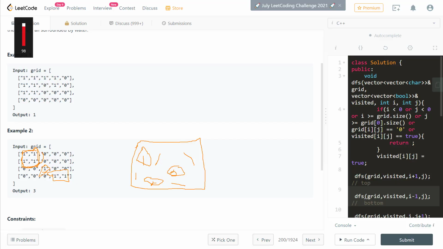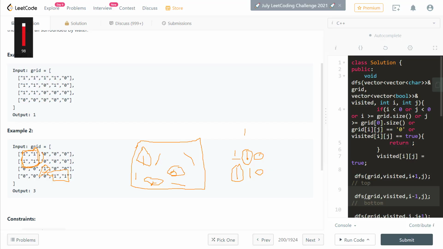So the approach would be, if we have 4 ones and some zeros, we are going to make a visited array which is false initially. Whenever we see a new island, which is represented by 1, we are going to increment the number of islands. So our number of islands now would be 1. And then we make true in our visited array, as we know that it is connected adjacently in the horizontal direction and vertical direction. So first we are going to mark these two as visited.